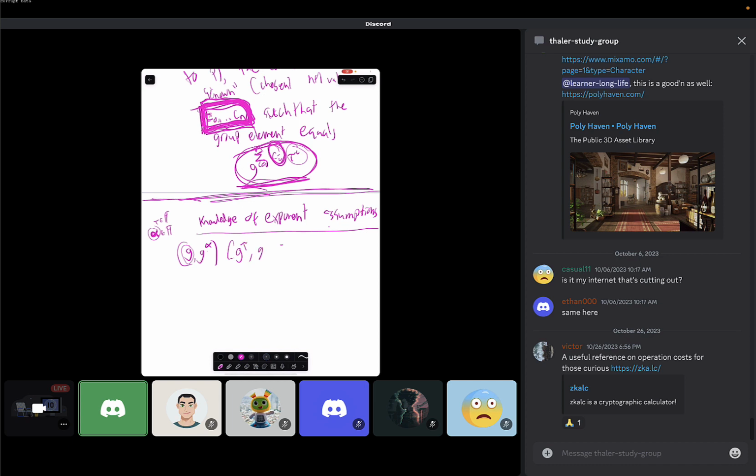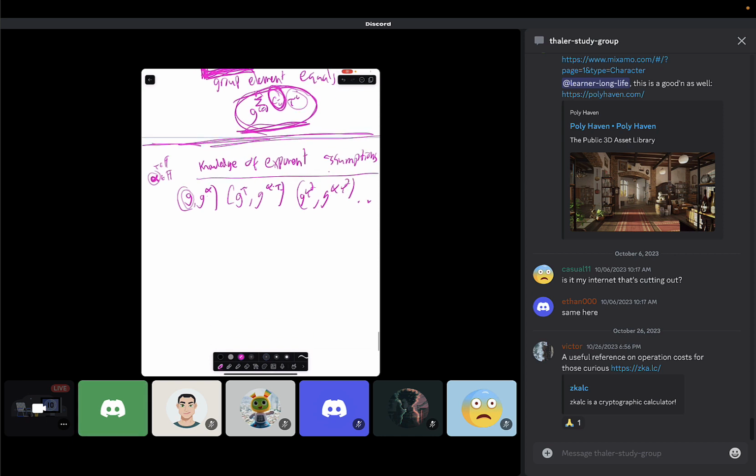G to the tau is there, also raised to the power alpha. G to the tau squared is also there, raised to the power alpha. Any group elements that the prover sends as part of the proof, the prover would previously have sent, like G to the W tau, at least if it's honest,